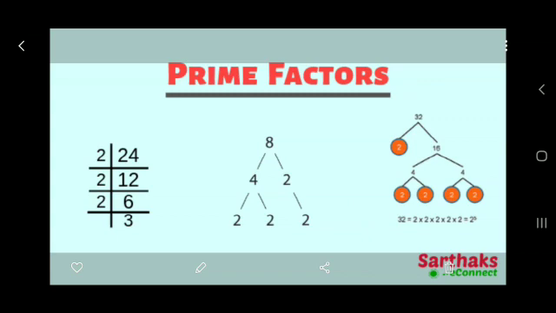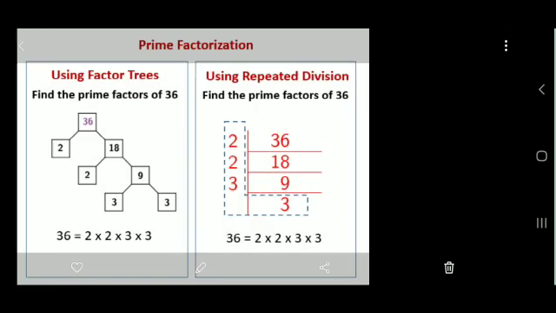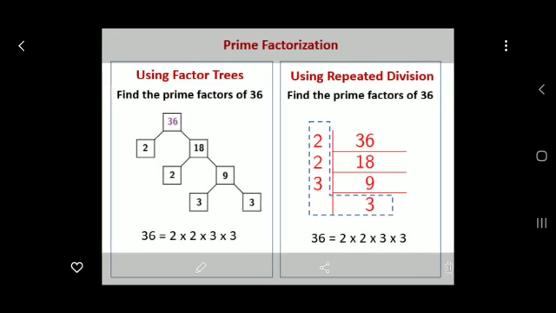The step here you can continue. In 3 how many 3's? 1 3, is it. So up to getting 1 you can continue. We are using only primes as factors. So this method is called prime factorization. So prime factorization is done in two ways. One is the factor tree, and another one is the method we have just done, okay.